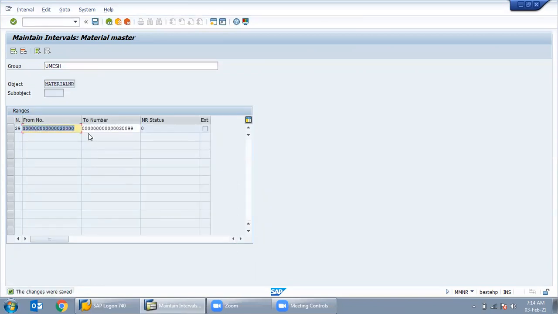The changes were saved. So I have created one group, that is Umesh. Under that, our number range is 30,000 to 30,099.